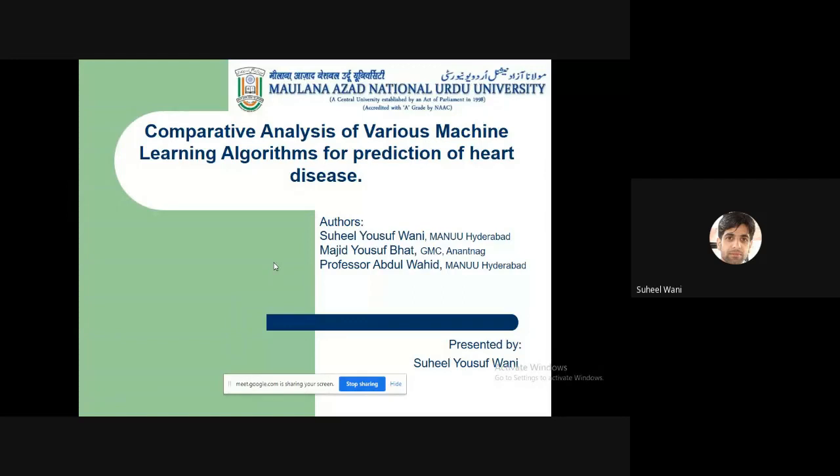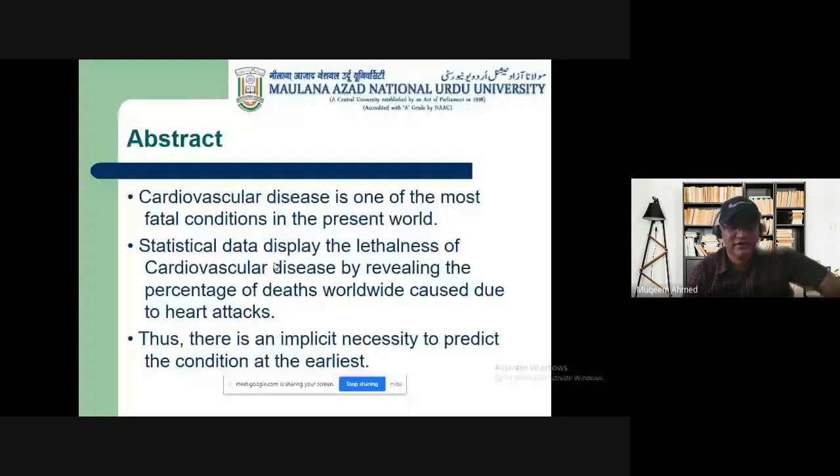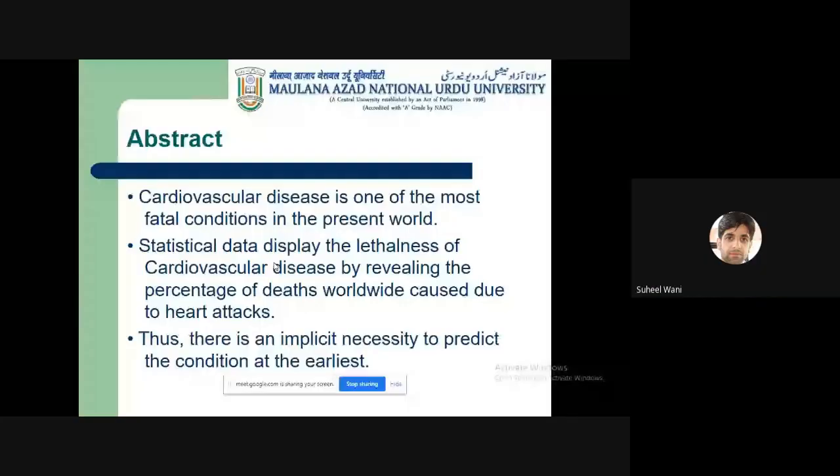Before presenting my work, I want to give a short insight on application of machine learning in healthcare. Machine learning is... Suhail, directly come to your work. Okay, sir. Due to lack of time, you directly come to your work. Sure. Actually, sir,